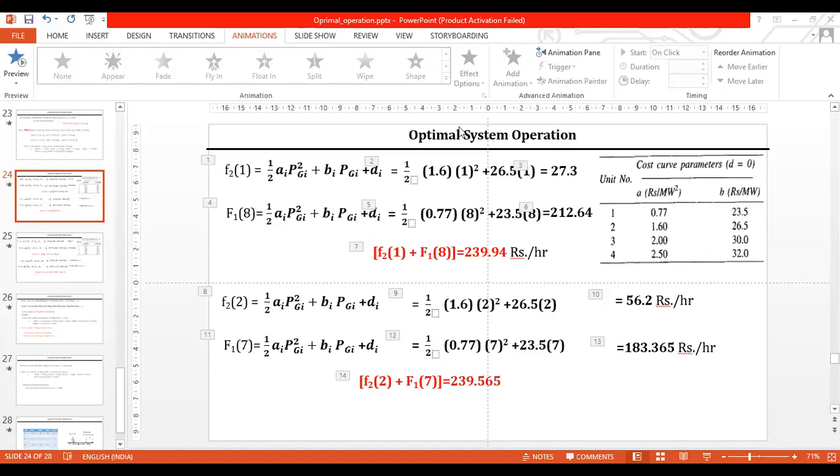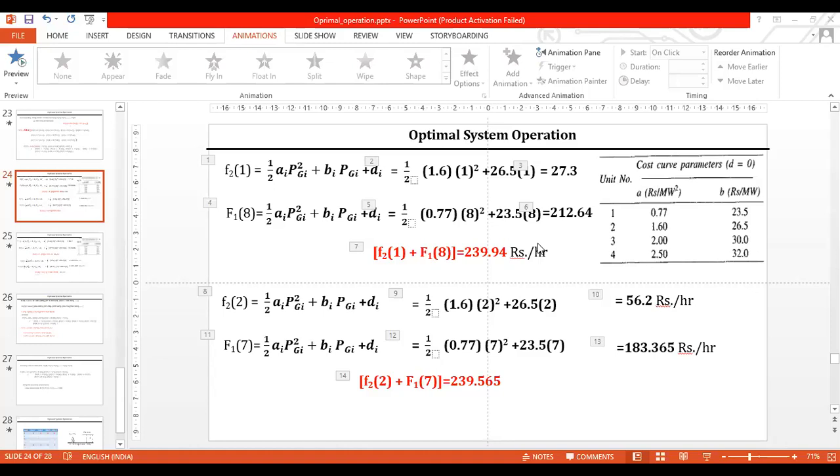Okay, let us continue the session on this dynamic programming. Morning we were discussing the combinations for a particular load. Applying this dynamic programming, first we have taken when the load is 9 megawatt. If only one unit is operating, what is the cost? You have seen it, 242 something.